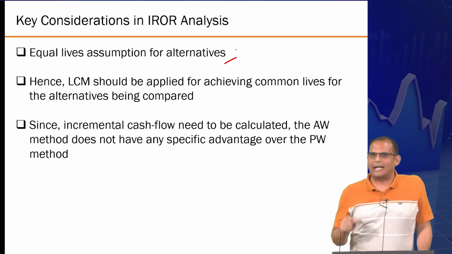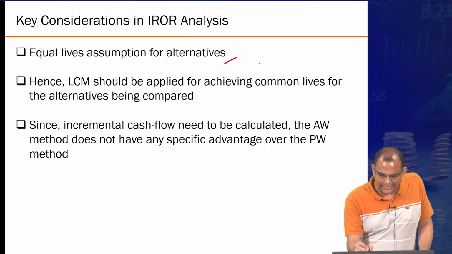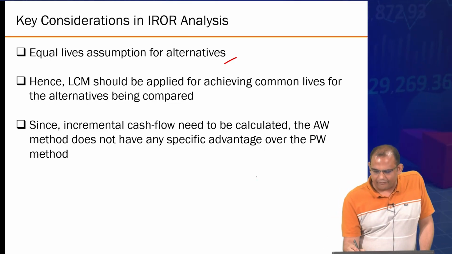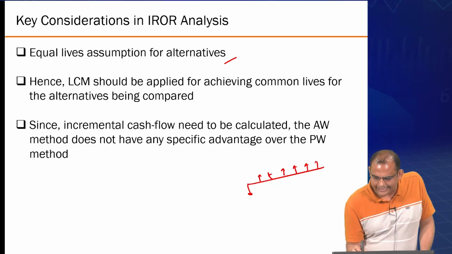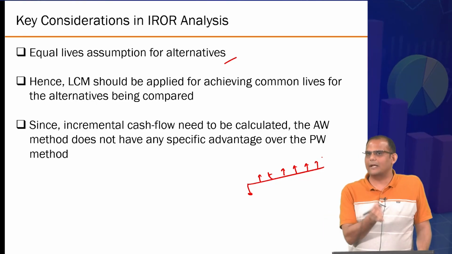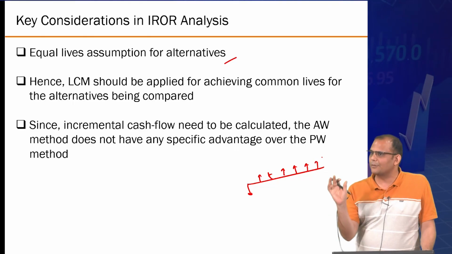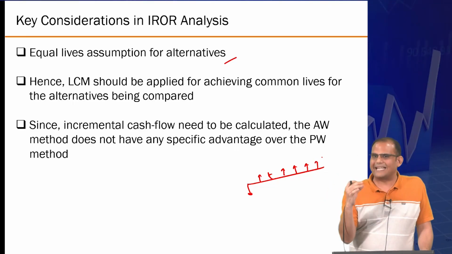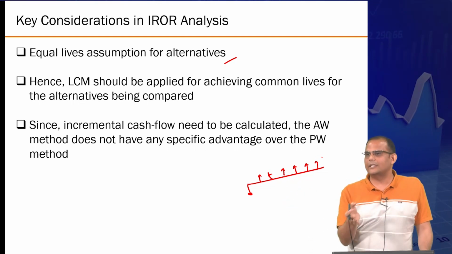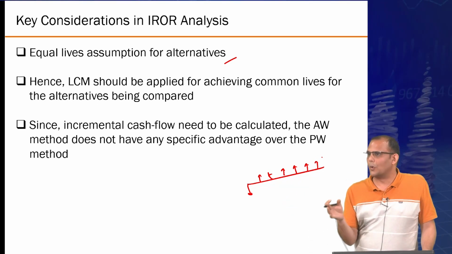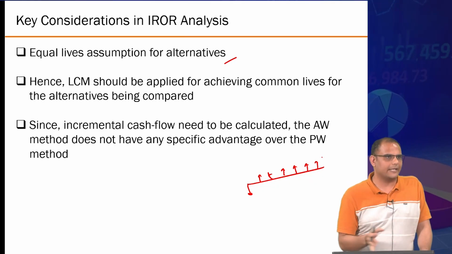be calculated. And since you have to calculate the incremental series, once you have the incremental rate or incremental series, it doesn't matter which one you are going to use, PW or AW, because here AW is not helping you in reducing the number of cycles. The number of cycles is still needed for you to calculate the incremental series. So therefore, the annual worth method has no specific advantage compared to the present worth method in this particular case,